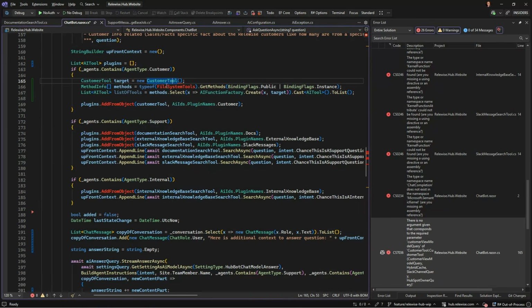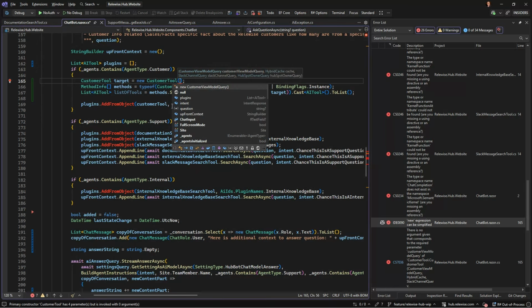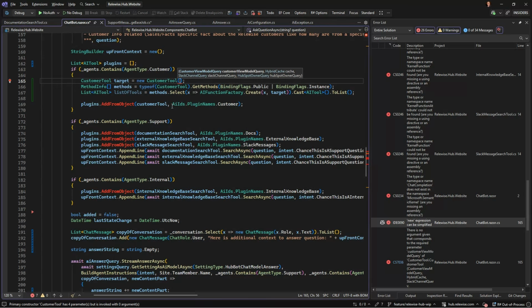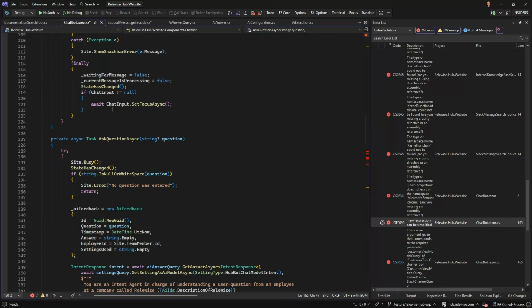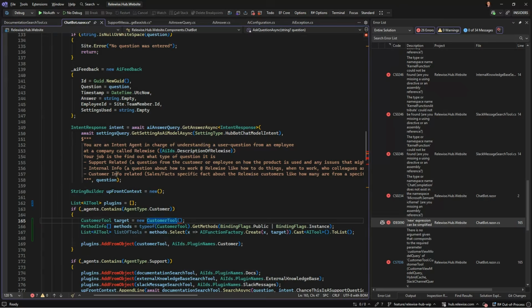Like that. And does that require some... oh, yeah, okay. I guess we have a customer tool up here. Yeah, we just have the customer tool, so that's okay.